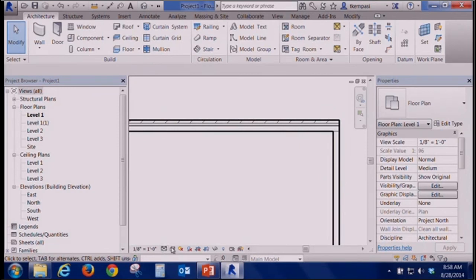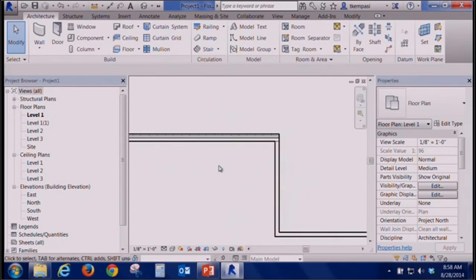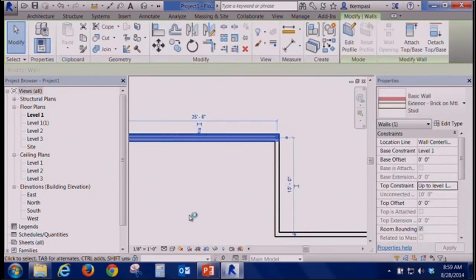That setting is unique to that view, so I can have one view that looks one way, one view that looks another way. A lot of elements, walls, roofs, ceilings, all those kinds of things, structural framing, ductwork, will have a much simpler representation if it's set to coarse view, and then we'll show you the actual detailed geometry if you go to medium or fine. Okay. So getting back to our wall here,